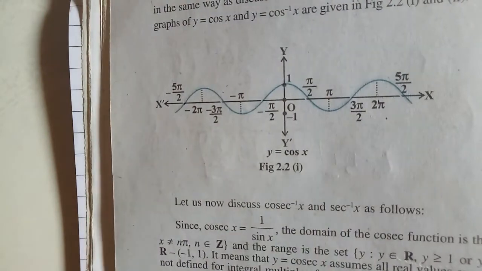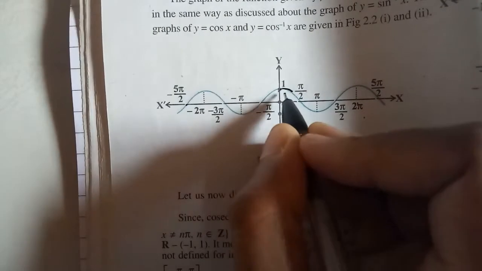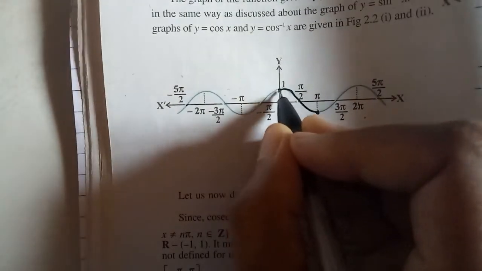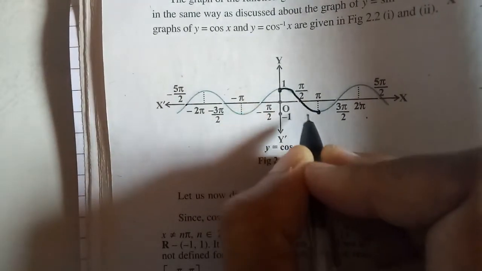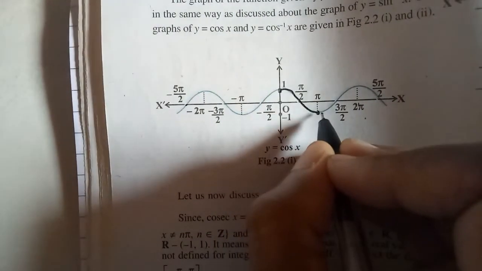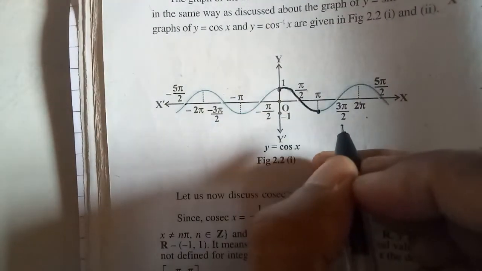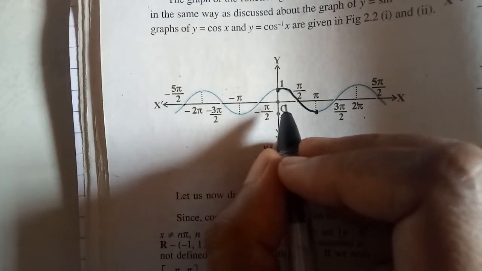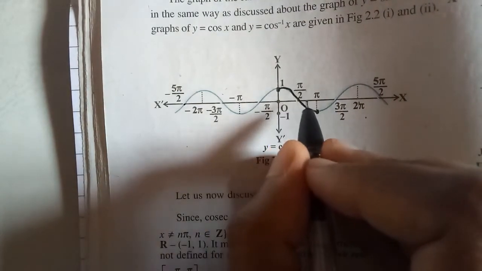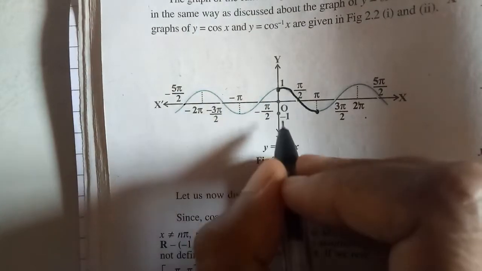Now if you look at the part here from 0 to pi, children, if I highlight this part 0 to pi, you can see that in 0 to pi all the elements are unique, right? The moment I come to this part the elements are repeated, because this will be repeated with this, right? So if I change my domain from real numbers to 0 to pi, I have the possibility of an injective function. And the range, no problem, it is from minus 1 to 1.